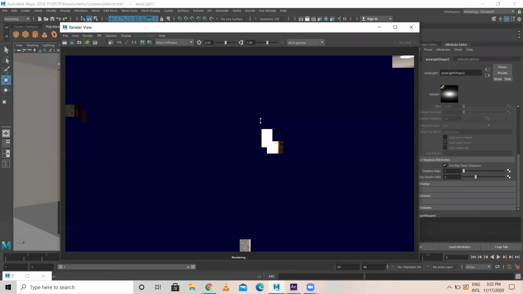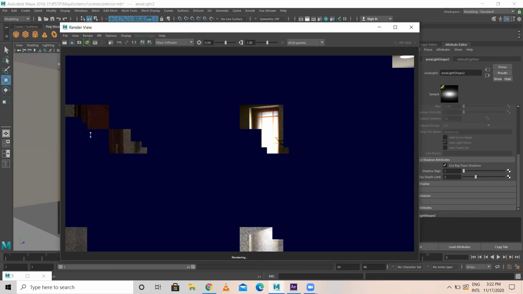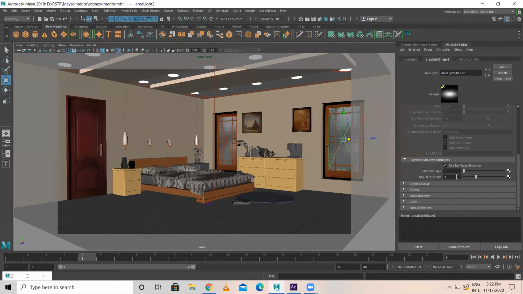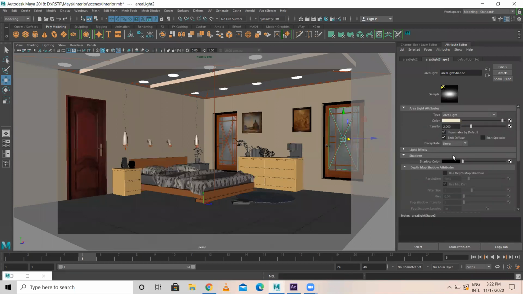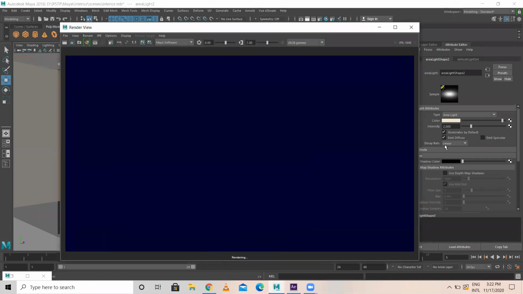Yes. Any doubts, guys? Okay, I think even in ray tracing some noise is coming. Okay, I'll just escape this. I think that's because of the light shadow rays; I have to increase shadow rays. Ray depth limit I'll increase. And this is because of linear, I have to increase more here also. Let us see. Especially lighting is kind of trial and error. You have to keep testing, changing the values.